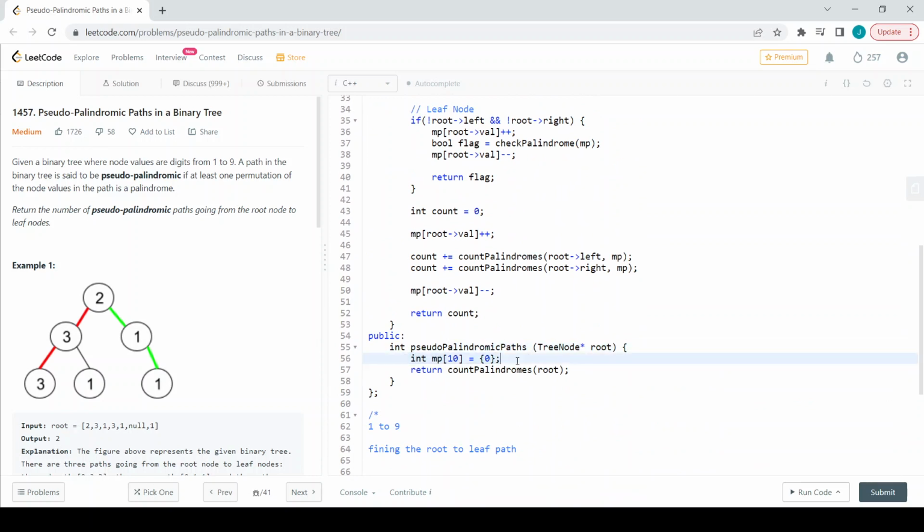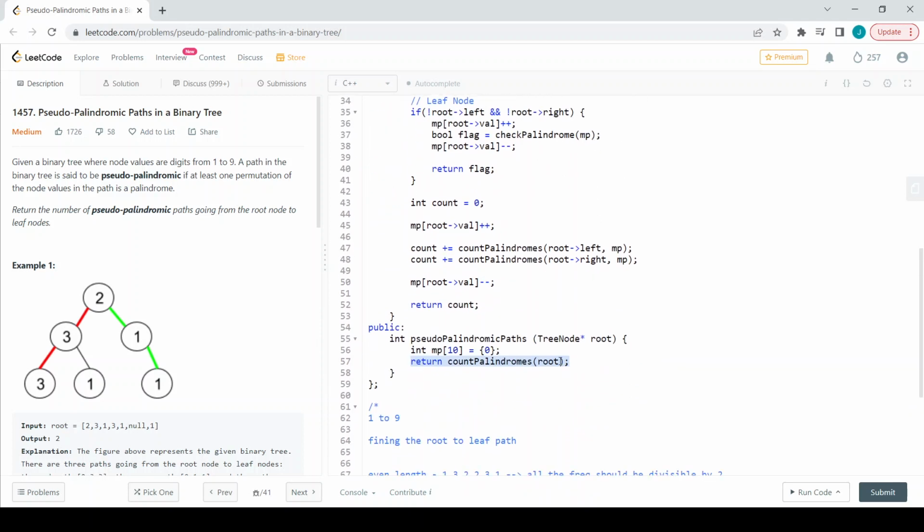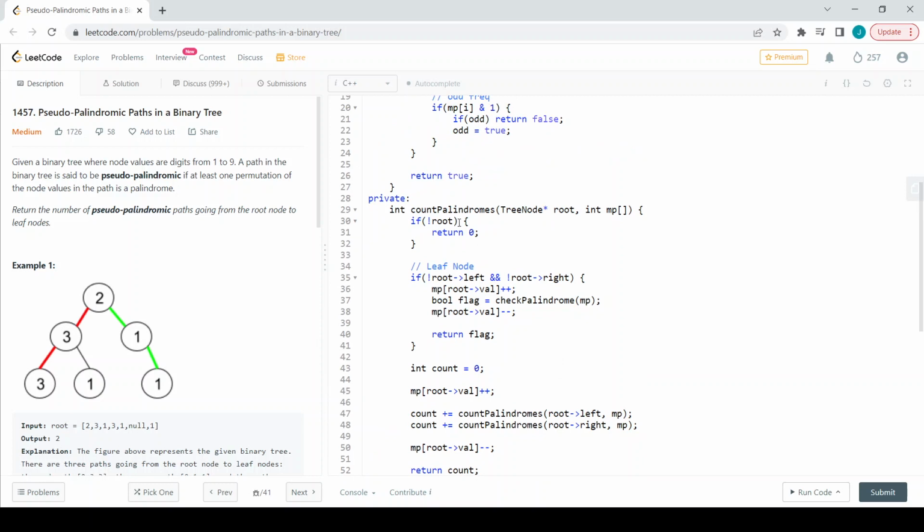I have declared an mp array and initialized it with 0, and I am calling this count palindromes function with the root and mp passed as parameters. After which, if my root is null, I will be returning 0. If this is a leaf node, then I want to take into account its value, right? So I will update it in my map, mp of root of val plus plus. Then I will get it in one flag variable, whether this is a palindrome or not, and then I will decrement that value, and then I will finally return